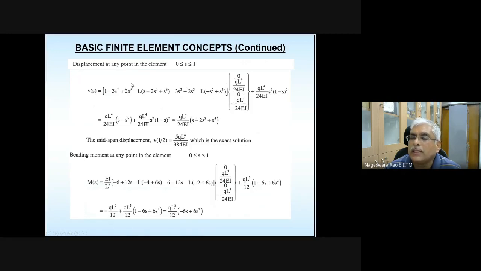And if you do this alone, there is going to be error. For that, you need to add the fixed end solution correction. The fixed end solution correction is given by this. How did I get this? Just now I asked you to make a note of that. You go to a structural analysis book, make those conversions and express in terms of S, and then make a note of all those relations. That correction you need to apply here.